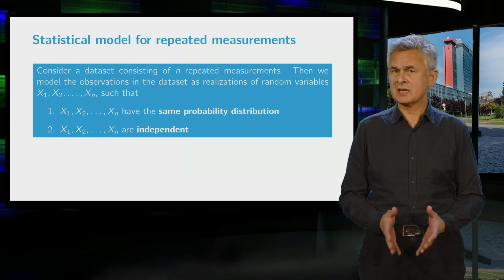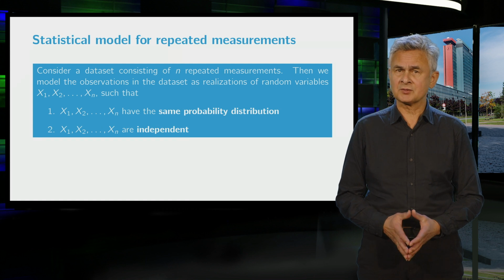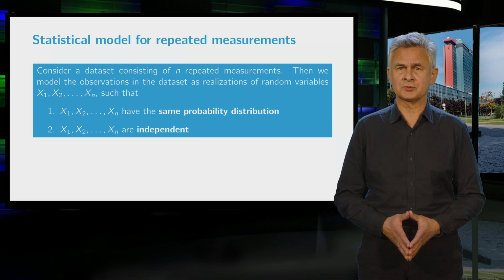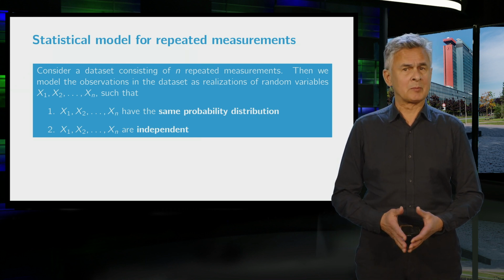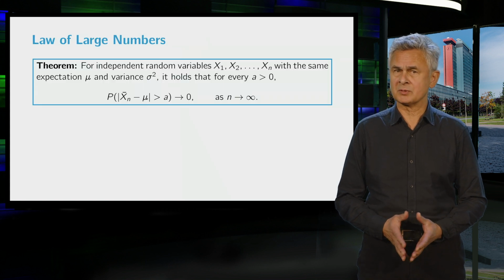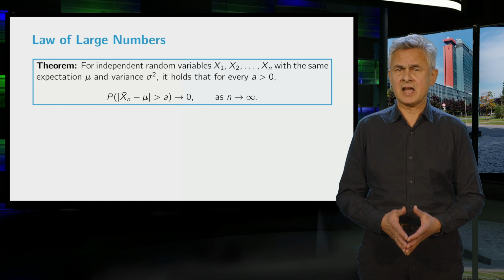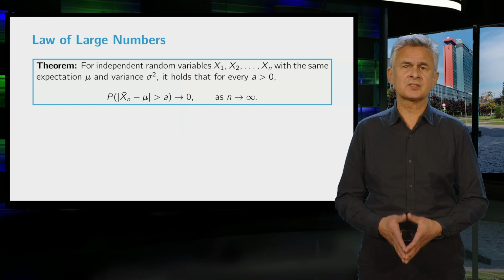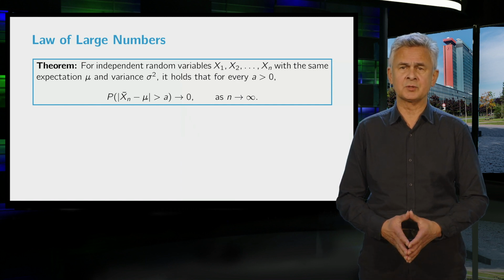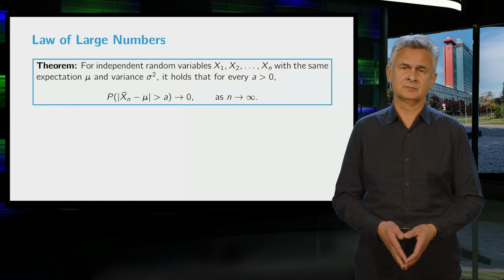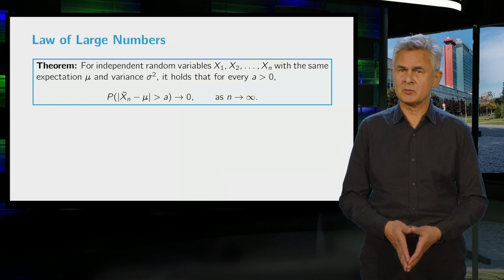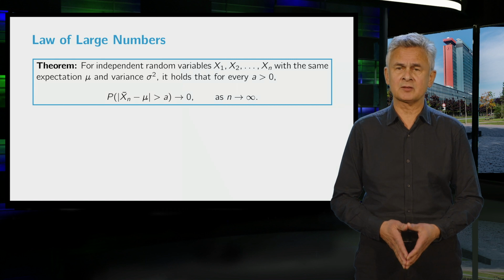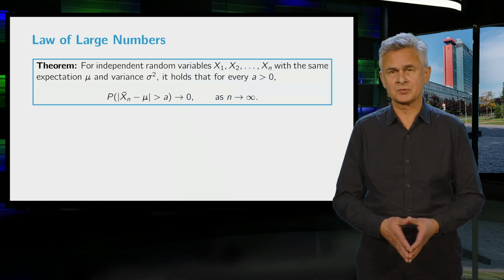Now, this model distribution is yet unknown, but having made this connection, we can use our observations at hand to provide more information about this distribution. For example, in probability theory, you have learned the law of large numbers. It says that the average of independent random variables with the same probability distribution converges in some sense to the expected value of this distribution as the sample size gets larger. The consequence is that if we generate numbers independently from the same distribution, their average should be close to the expected value of that distribution for large sample sizes.